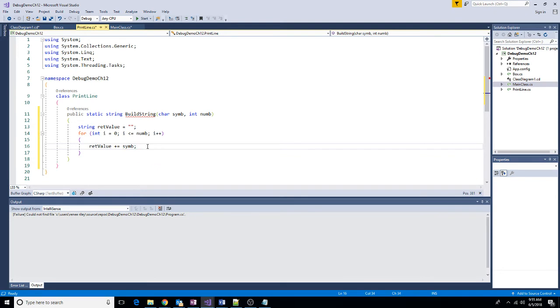So now we've set up a for loop that's going to add our symbol to our return value string as many times as was specified by our number parameter. After our for loop, we're going to return that return value, that string that we have built that specifies those symbols. This is the end of our buildString method